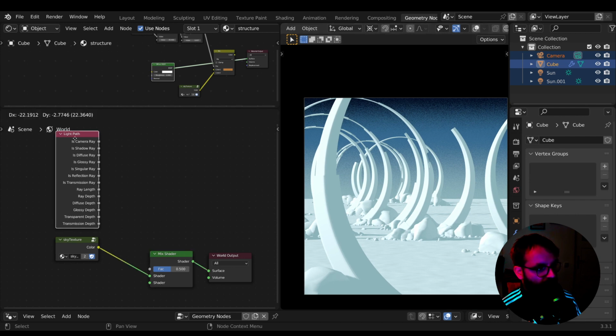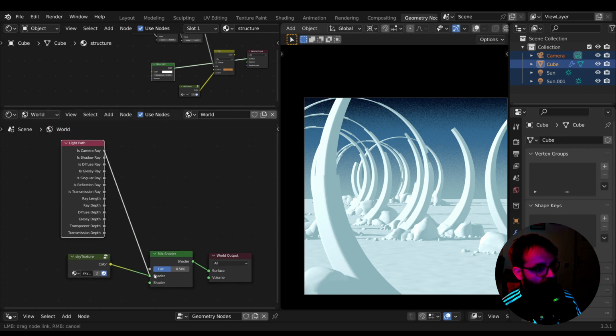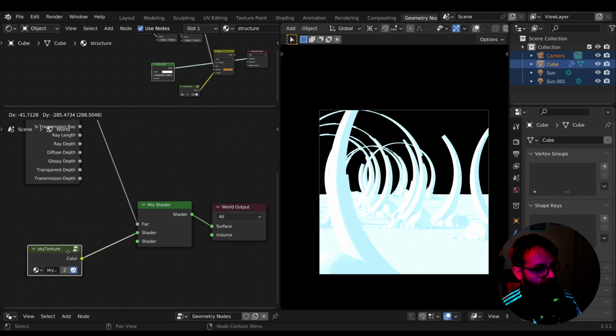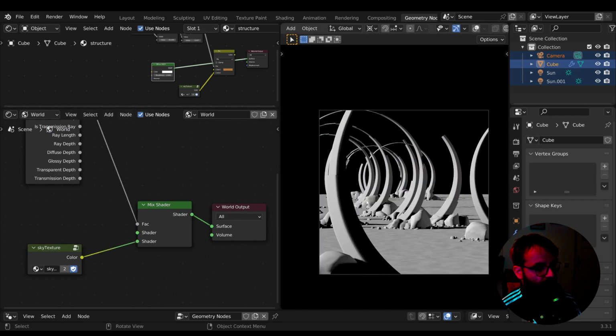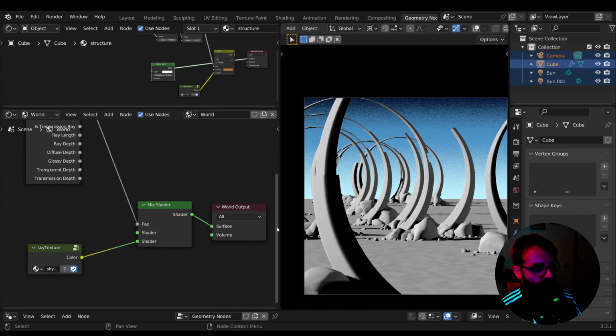And this can simply be done with the is camera ray. And if you put this in the factor here, and we have to reorder this like this, you can see that the sky texture now has no effect on our